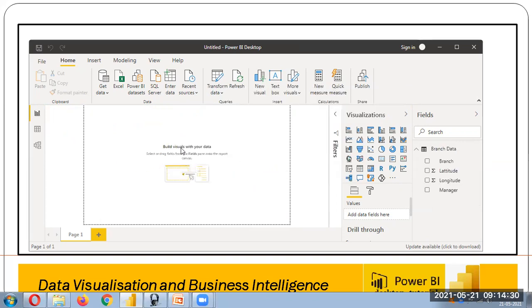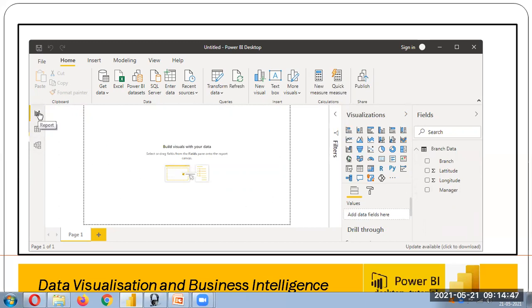In this particular video, I'll just give you an introduction. Later videos, I can go into more things. Now, as you can see, this is your branch data. If you go into the fields column, here you will find that the table is available. So these are the fields which are available. Now, let's explore the other parts of this.